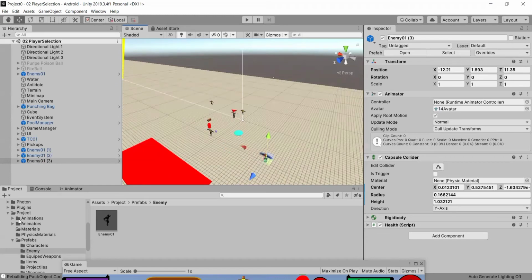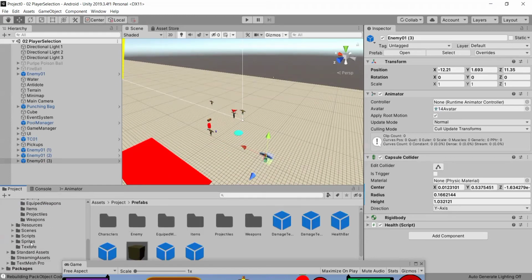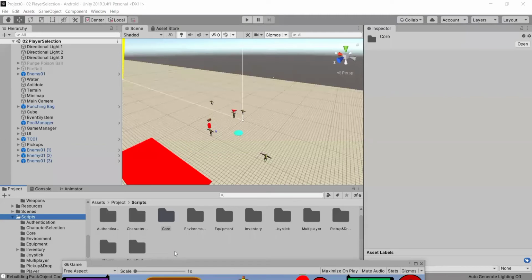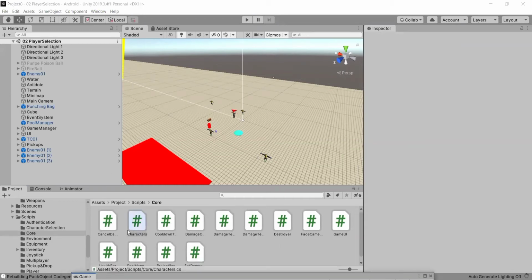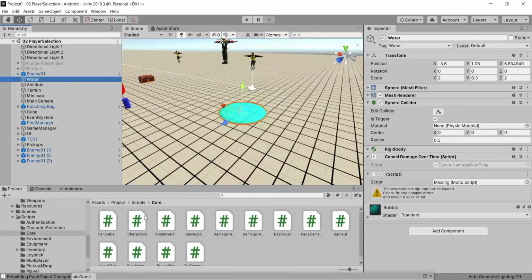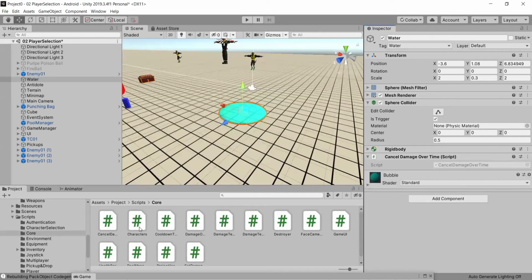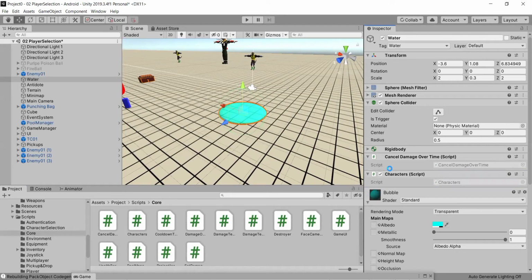So yeah, now we are gonna go to scripts folder, and here we have the core folder. So here I'm just gonna create a new script, and I'm just gonna call it characters. Hit enter, and I'm gonna attach it to this puddle of water that we have, and actually you can attach it to anything that is static on the screen. That's what I'm trying to get here,